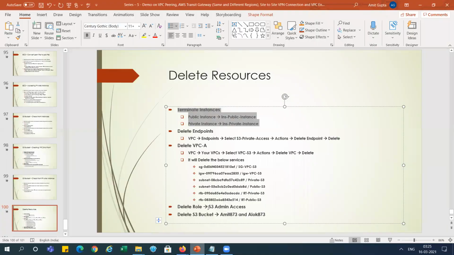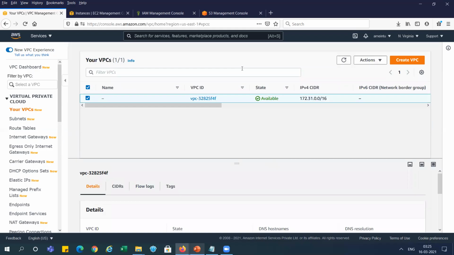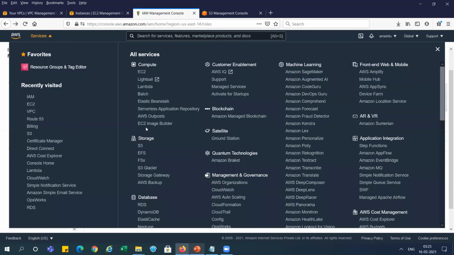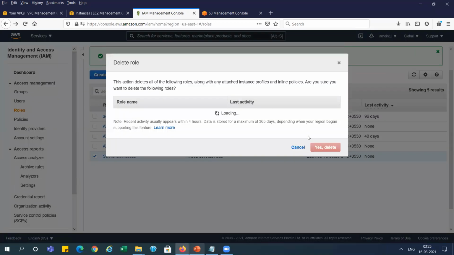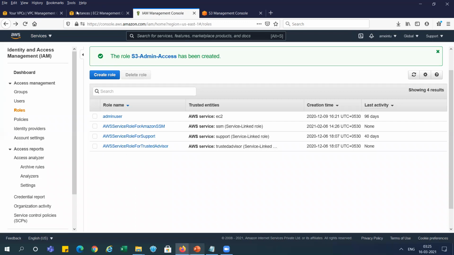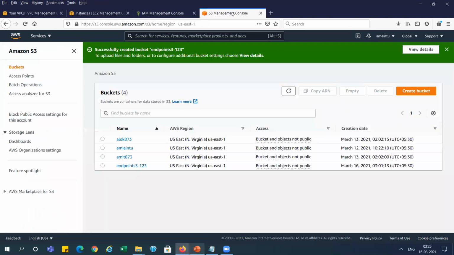And now we can go delete the role and delete the bucket, right? So we are here in the roles, and we select this role and delete this role, right? This role is deleted. And you can see we need to go and delete the S3 buckets also, right? So this is the S3 bucket.